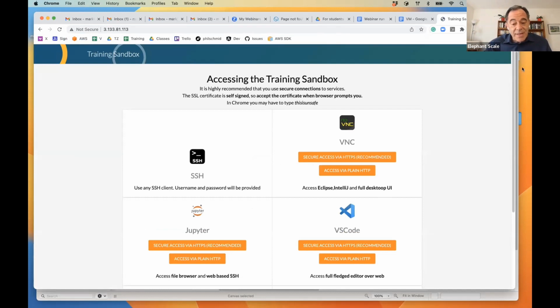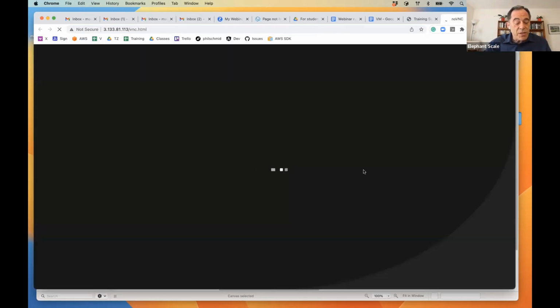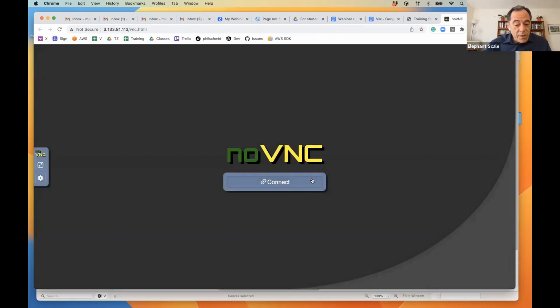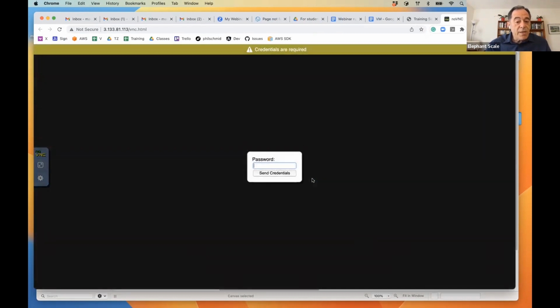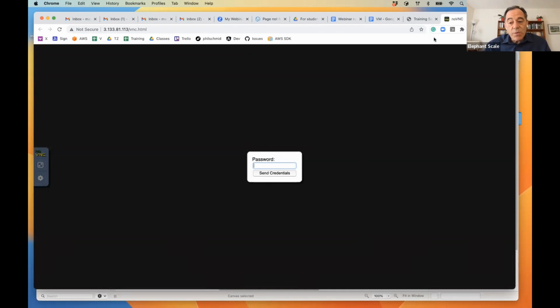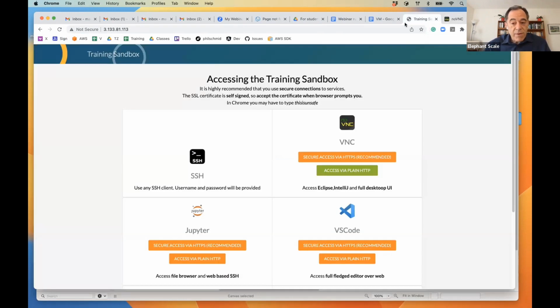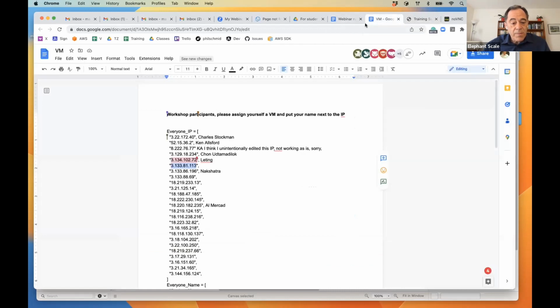When I see this, I click on access via plain HTTP and click on connect, and then you need the password. The password is in this file, the one that we were looking at. Okay, I was able to move it. So that thing is here.